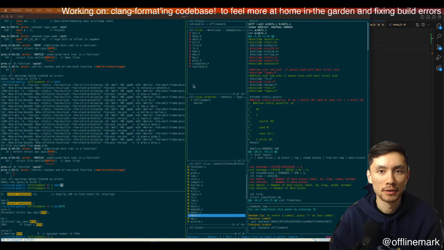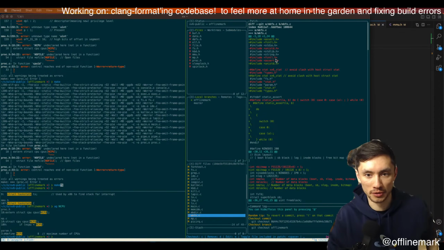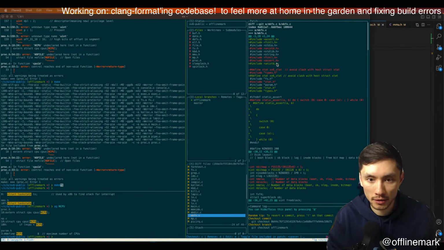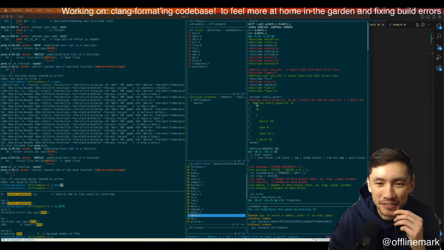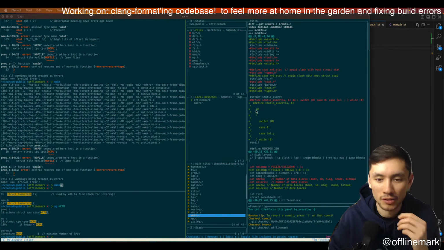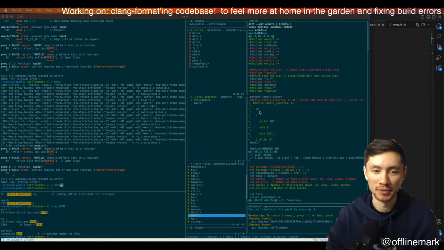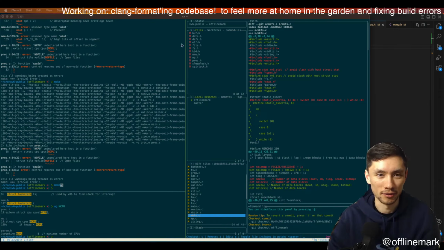Anyway, so what we've learned is that the code was originally extremely brittle, and oh, holy crap, what happened here? Clang-format decimated this define, but I think that was intentional. I've never seen a define deconstructed like this. This is very interesting. I think that must have been a setting in the Clang-format.